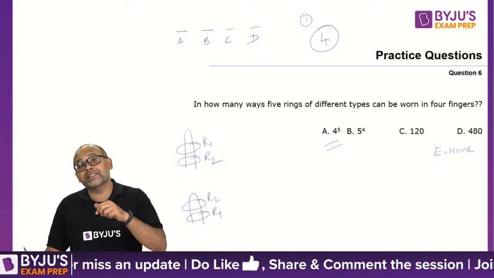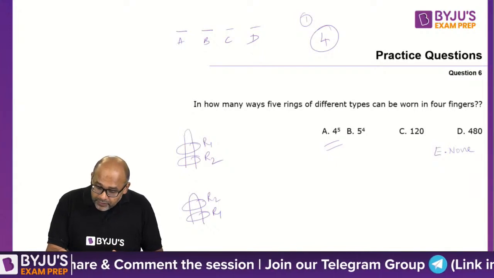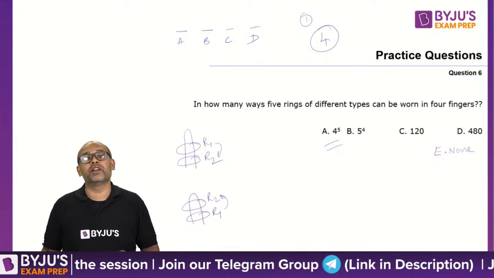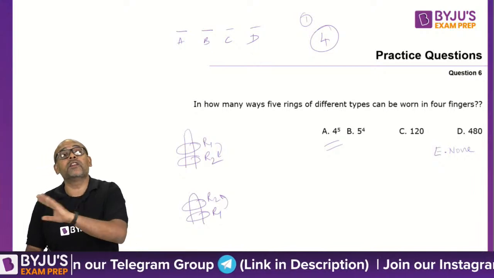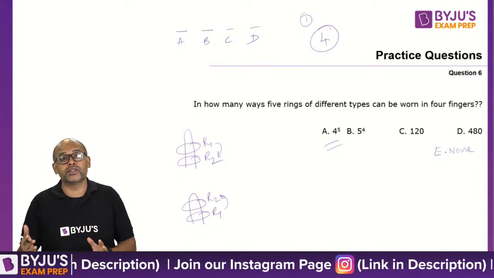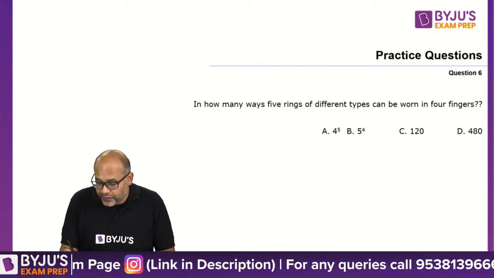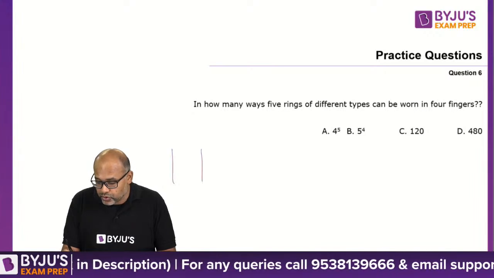But when you're looking at the second ring, it can go above the first ring or it can go below the first ring. And it has other fingers also. Hence, it will not be another 4 choices. So the problem here, what you need to understand is if I take these 4 fingers, so 1, 2, 3,